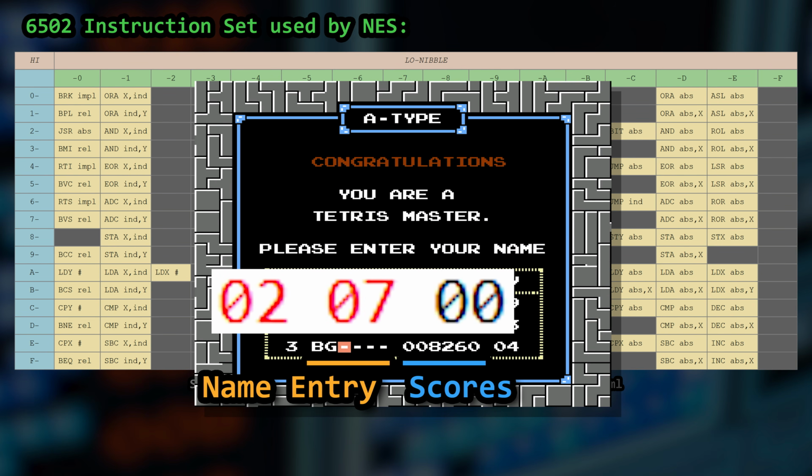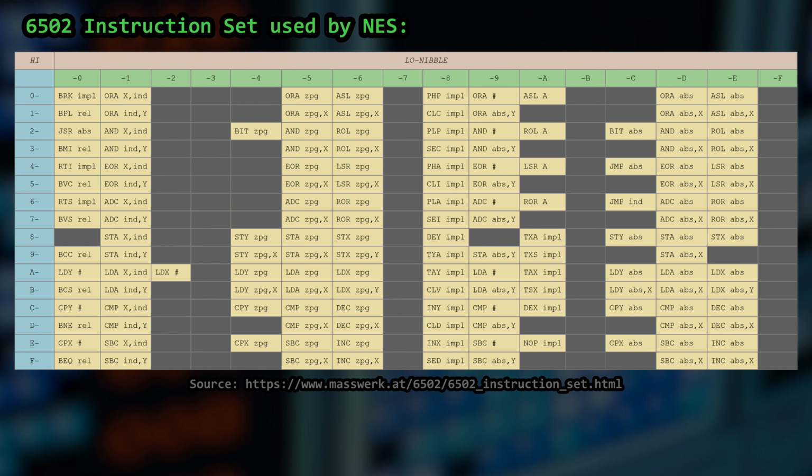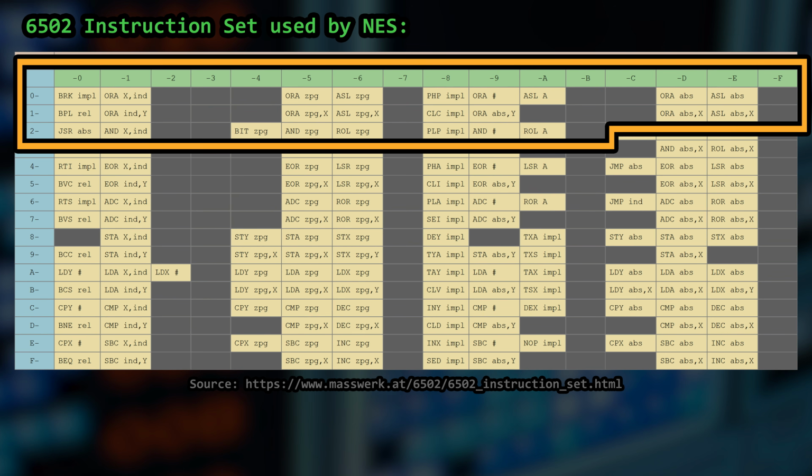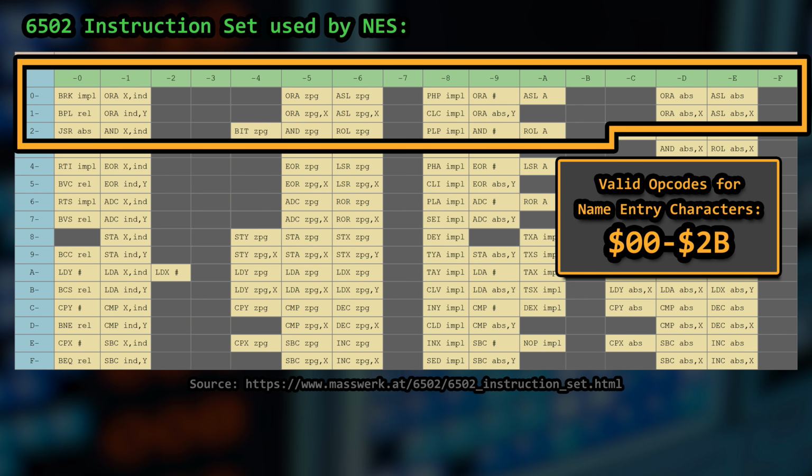So instead of just writing the code we want to write, we have to limit our instructions to whatever opcodes are available and make the best of it. All symbols that are entered for a name are represented by a number within the range of 0 to 2B. That's 43 possible symbols, or 43 possible opcodes. Remove the illegal opcodes that have been grayed out in the chart, and we are limited to only 25 instructions